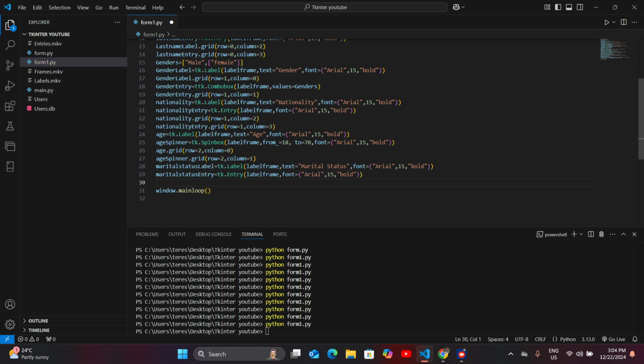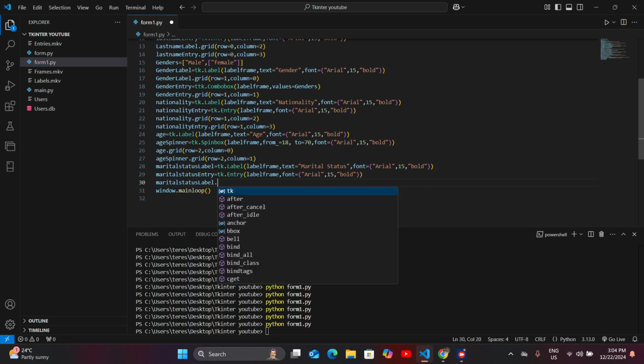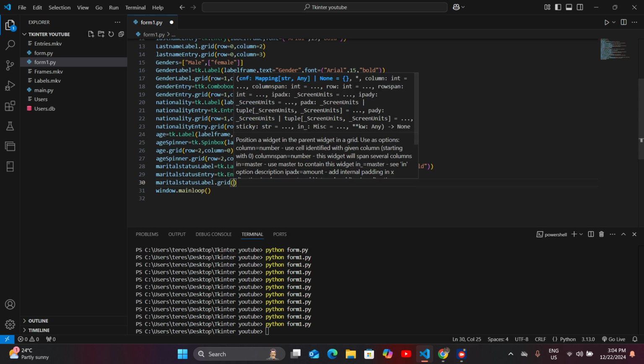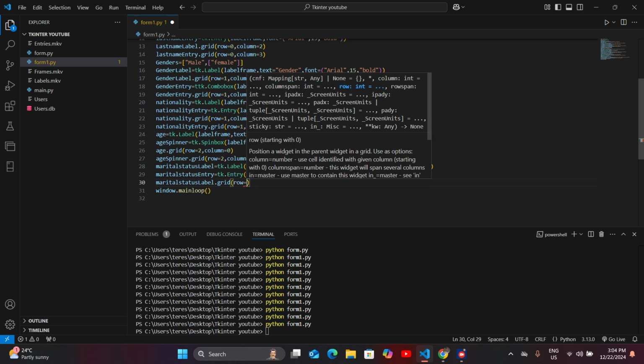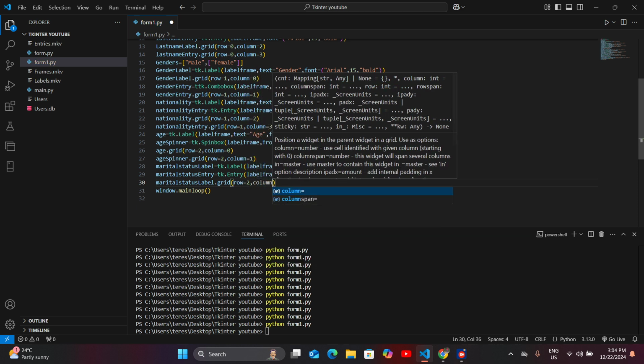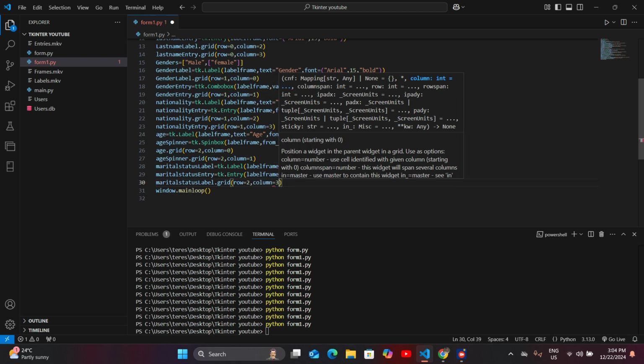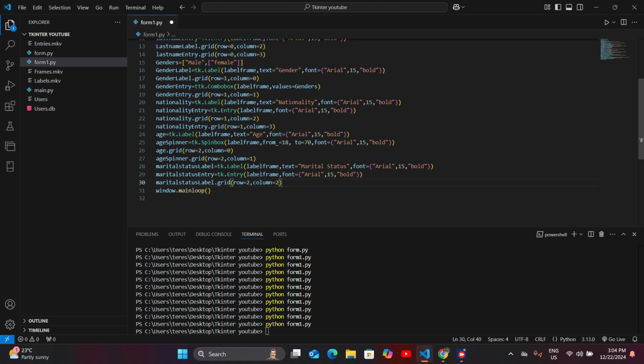Then here I'm going to grid marital status, marital status label dot grid. This one we are going to put in the third row, so I'm going to say row equals 2, then column, the third column. So the third column should be 2, and then okay,